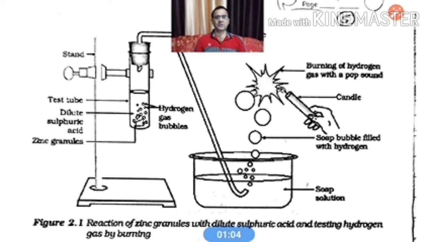So if this question comes in the exam, which is the best test for the hydrogen gas, you can explain this test, and in this you say whenever the hydrogen gas is produced by any resource and when hydrogen gas is passed through a soap solution which is present in a trough, then the bubbles of the hydrogen gas are formed, and when we bring the burning splinter or burning candle near to the bubbles containing hydrogen gas, then these bubbles burn with a popping sound. That is the best test for hydrogen gas.